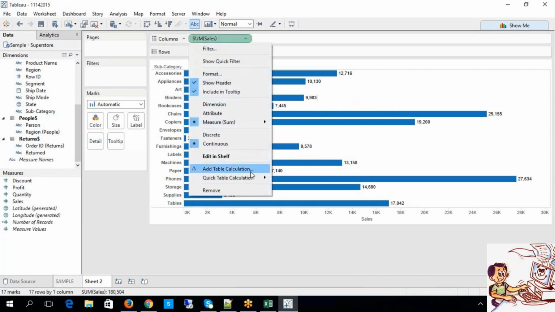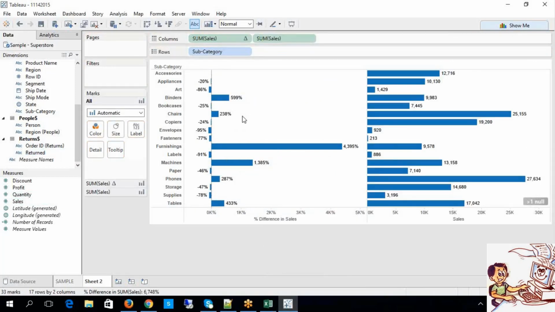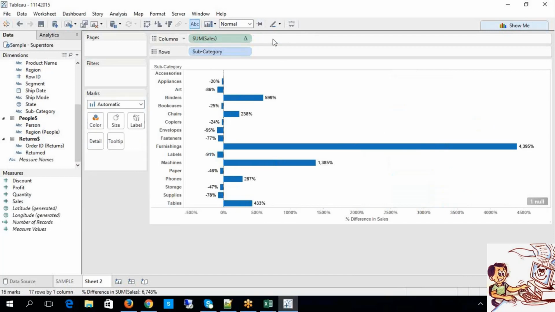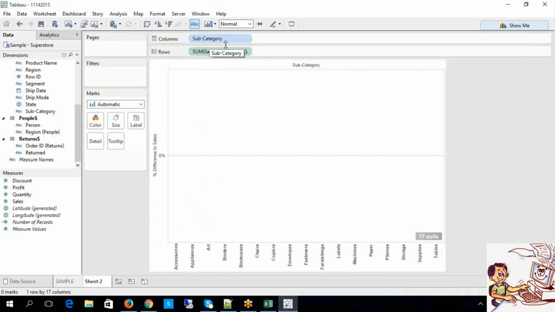Now look at this. We can do one more thing. We can add one more measure. Basically, based upon the values which are available, these percentages will be calculated accordingly.